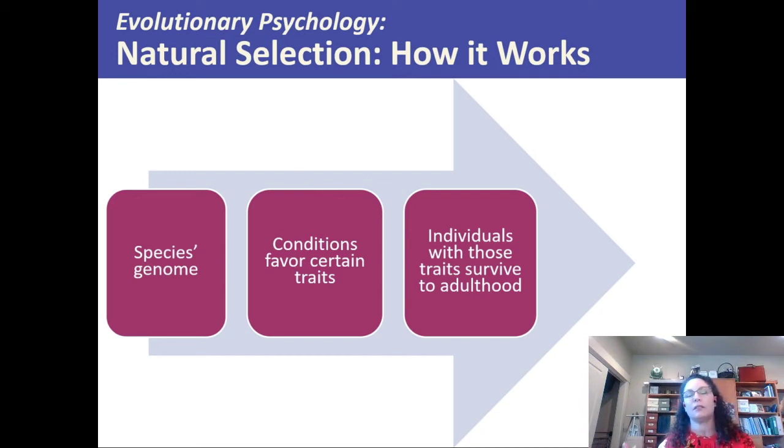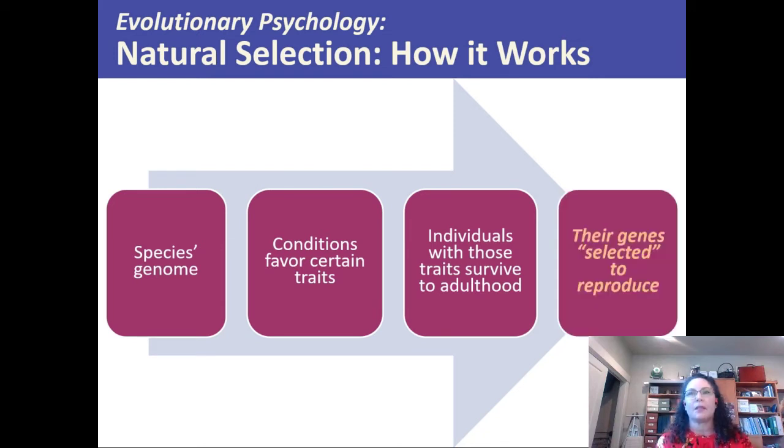Make it to adulthood, be able to reproduce. That's the basic idea with evolutionary psychology, is that the environment favors certain traits. People who possess those traits are more likely to make it to adulthood and successfully reproduce. And that causes their genes to be selected for being carried on to the next generation